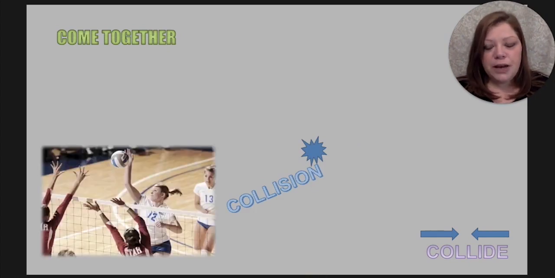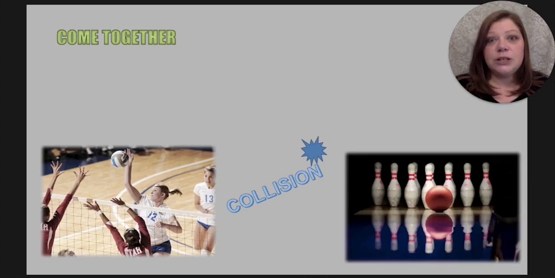In this picture, we have a volleyball match. Looking at this picture, can you see where the collision is about to happen? That's right, her hand is about to collide with the ball, or her hand is going to meet the ball, right? Let's see, here's this picture. In this picture, we have someone bowling, and the bowling ball is going down the alley toward the pins. What two objects in this picture do you think are going to meet or collide? Yes, the bowling ball is going to collide with the